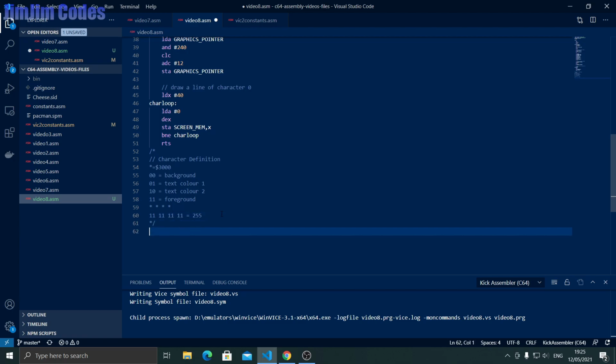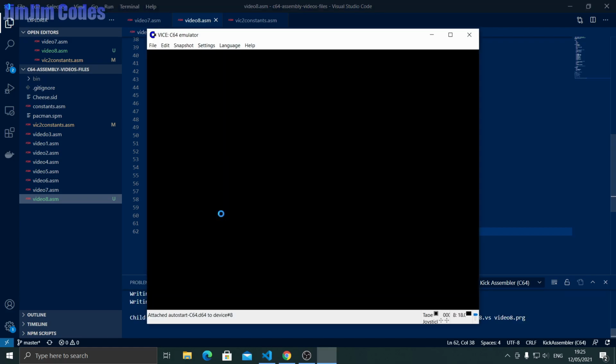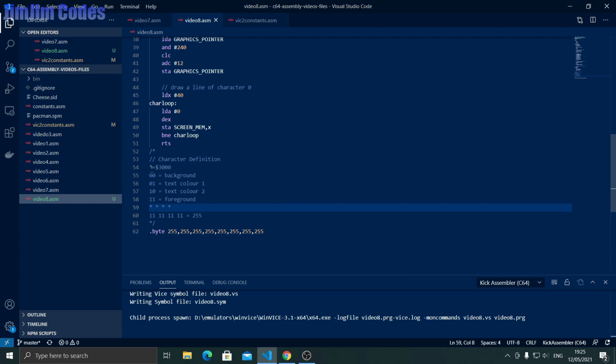We would be looking at a byte value of 255, 255, 255, 255. So we need 8 of these. 255, 255. 1, 2, 3, 4, 5, 6, 7, 8. So let's run that. We should get a red square going all the way along. And we don't. Ha, the reason we don't is because